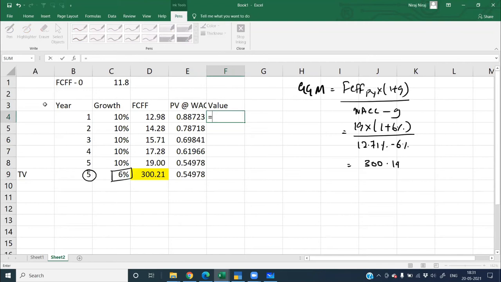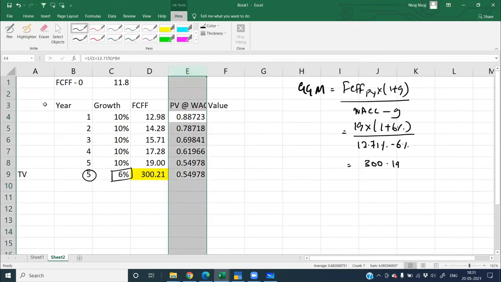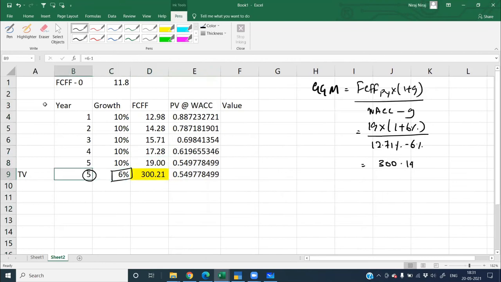Sir, this step is not clear, please. Which step, ma'am? The minus 1 one. Ma'am, that is a thumb rule. Whenever you have the discounting of the terminal year, that will always be discounted by N minus 1. Meaning in every case you are saying? In every case, wherever there is a terminal year, you are discounting it, it will be N minus 1. Even if it is not given there? Even if it is not given, but it should be the terminal year. If your question is only for the 5 years, then it will not happen like that. It is only when you are calculating the terminal value.